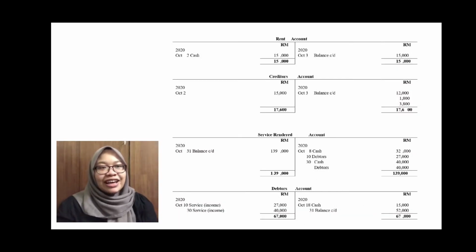For the rent account, on 2 October cash, 50,000 ringgit. Also the balance on 31 October, 50,000 ringgit. For the creditor account, on 2 October is 50,000 ringgit. On the 31 October balance, it becomes